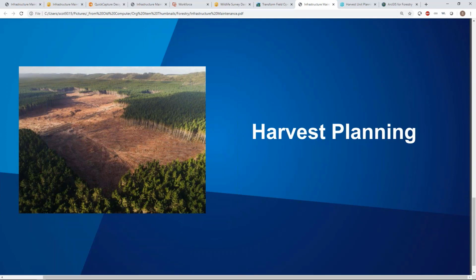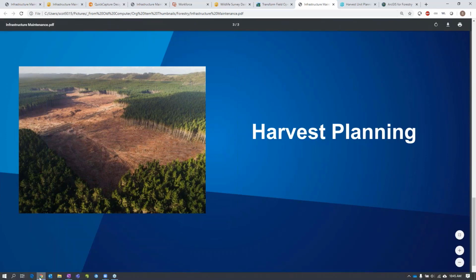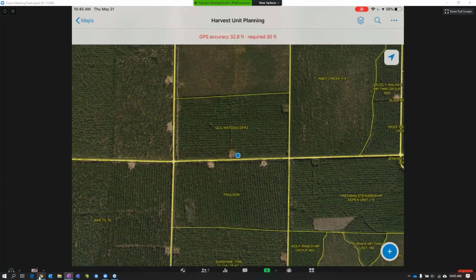And really, depending on the harvest method chosen, organizations must determine exactly which trees will be included in a harvest by denoting a harvest boundary. To aid in this determination, foresters need the ability to record detailed information on current forest conditions. So Collector for ArcGIS, which is our map-centric data collection app, is a really good tool that's perfect for this workflow.